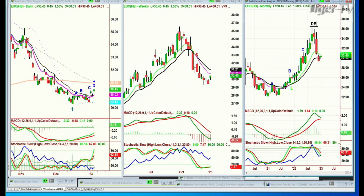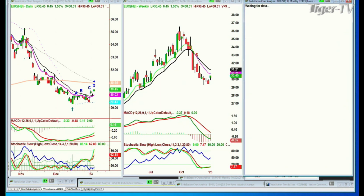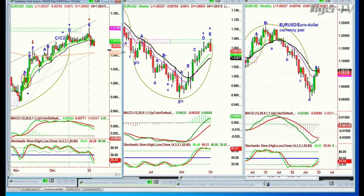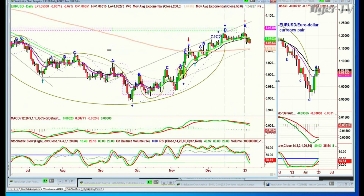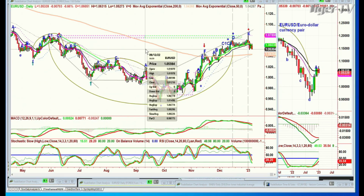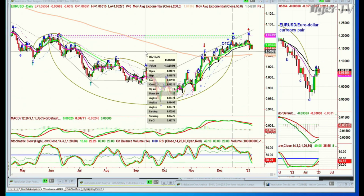But let me show you something else. The EUR, and there's your peak D in the monthly chart, and the EUR itself, EUR USD. So this I have done work on. You can see the vertical lines, and I think I discussed this last week. But anyway, I gave a left side, right side price symmetry for this, and I went right here, from the cluster formation highs that were made back in around June of 2022, all the way down, but I did not choose the low bar because that just looked like it would take too much time. So I chose the high bar, this is going to go to the 12th of September of 2022 at